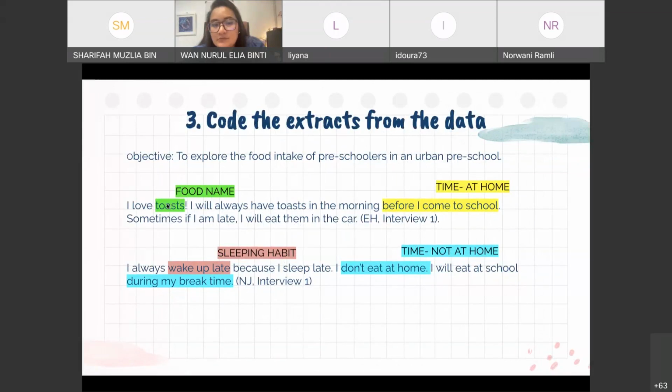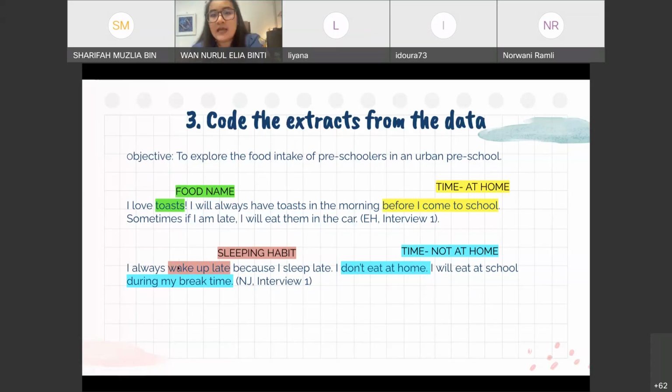So the first thing that I want to highlight is food name. What is the code for toast? It's a food type or food name. Before I come to school, I code it as time at home. Because in the second one, I have I don't eat at home. Time not at home.